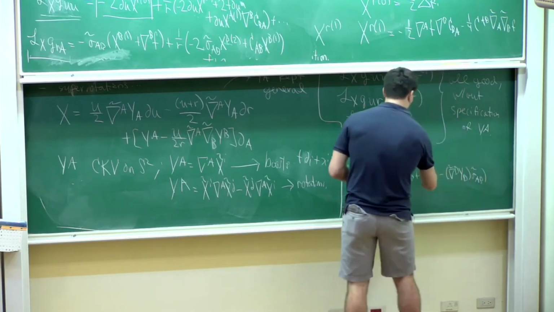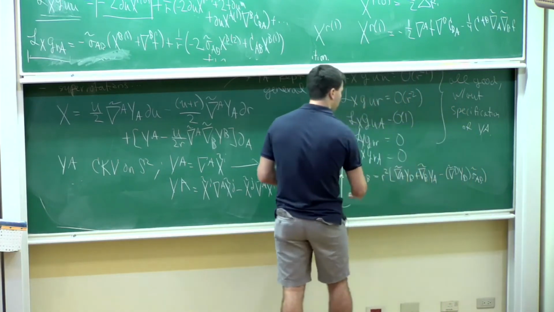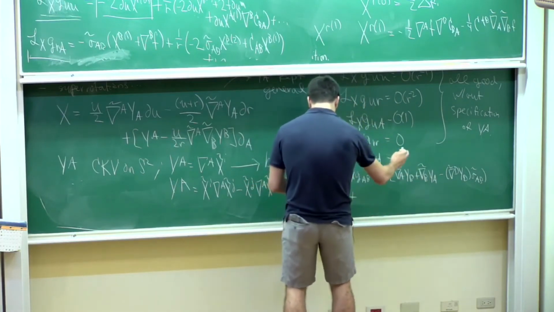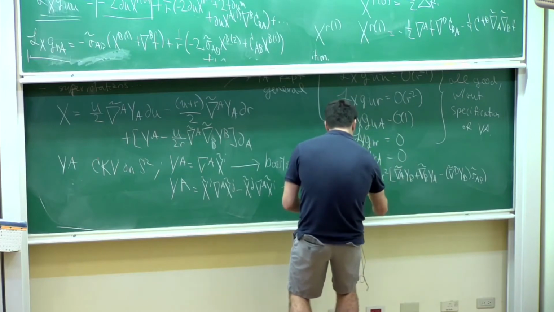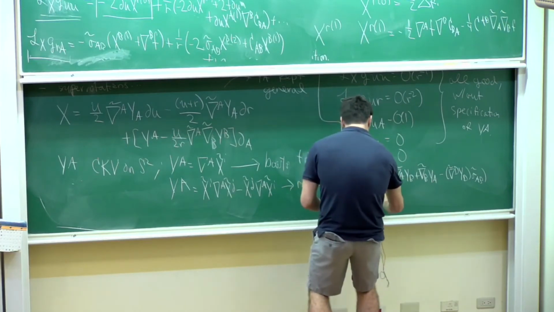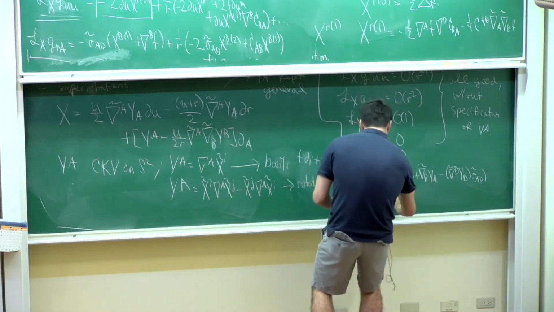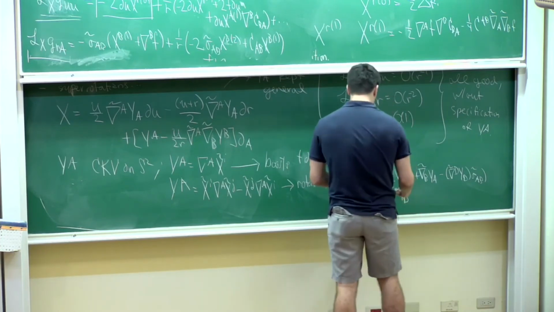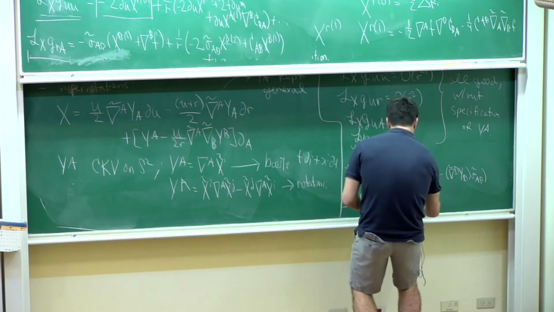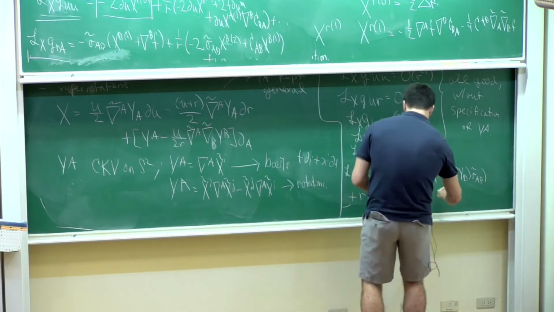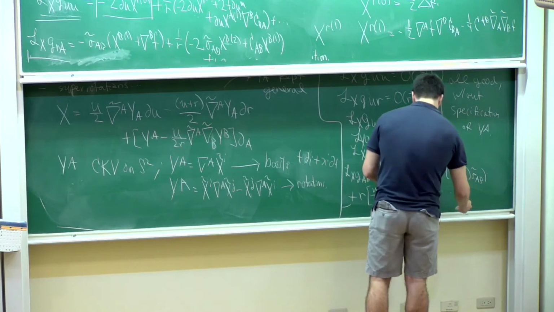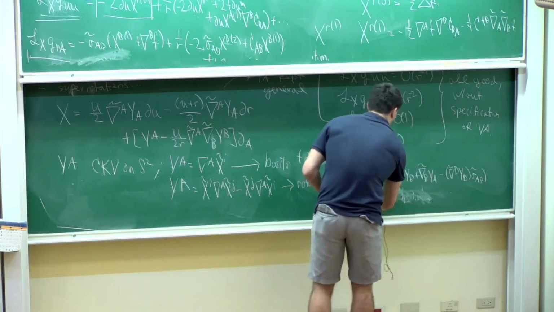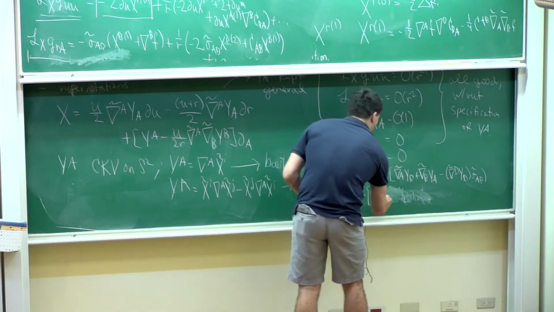Sorry, I have not been super careful about the connection I'm using. I guess it doesn't matter since this is just the conformal killing equation. It doesn't matter so much which connection or which geometry I'm using, but I've been meaning to use the round connection all along. Oh, I guess this is just a bunch of nonsense right here. Well, it's not such nonsense, but